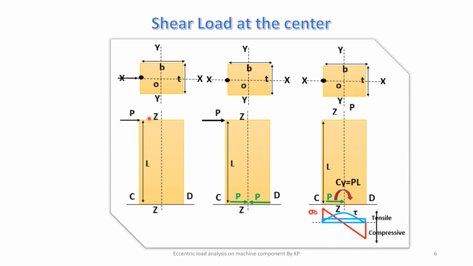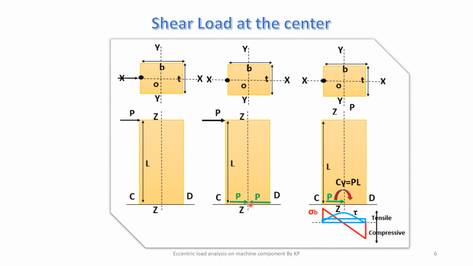To consider this, in the second diagram, a load P is acting at the cross section where you want to find the value of the stresses. Two equal and opposite forces are introduced here, equal and opposite to this applied force P. The magnitude of these forces is P and P, so they will nullify the effect of each other, so there is no effect. Whatever effect this force P has on this cross section or on this machine element, this force system has the same effect on this element.